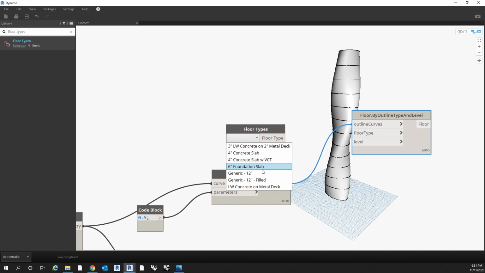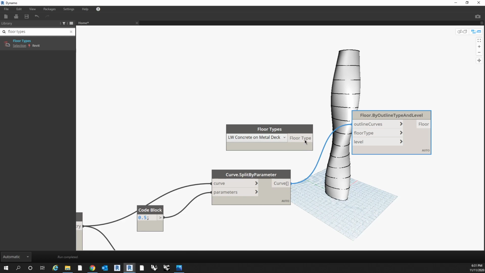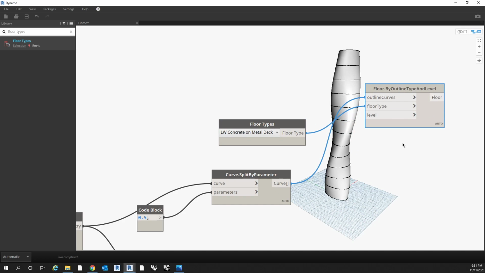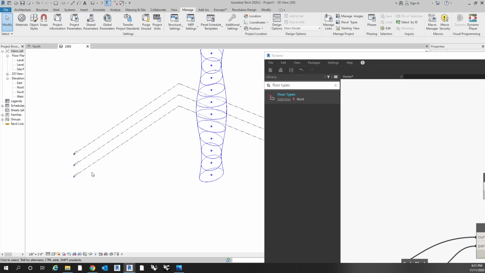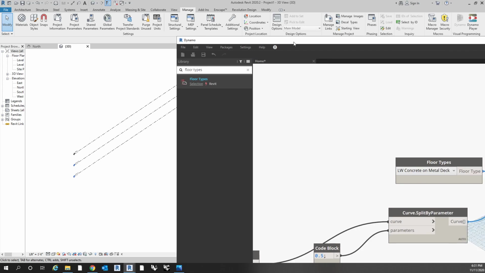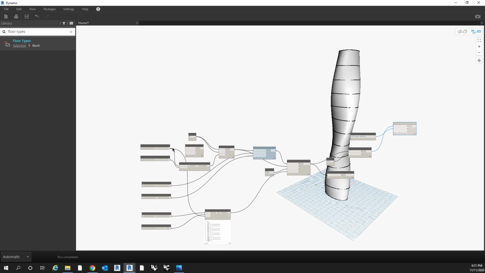So we'll just use a really simple, let's use a lightweight concrete on metal deck. Sounds pretty specific. So we can plug that into our floor type. And then the last thing it asks for is a level. Now, you have levels that exist in your project right now. You have your level 1, 2, and roof. Those are fine. And you could go in and create however many levels we have in here and set them